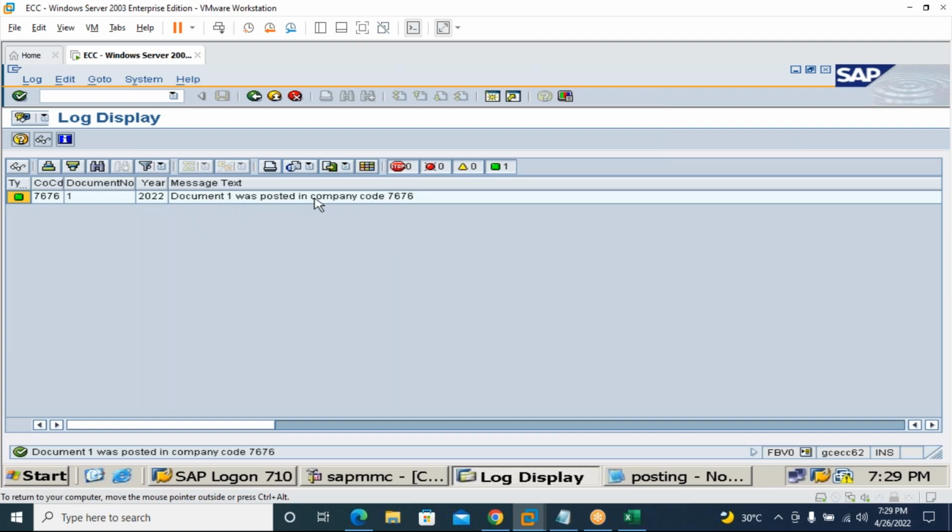Yes. So document 1 was posted in the company code 7676. And notice this, what is the tray color? What is the type of this message? So you have some information. That information says that this is your posted company. So now you come back. This is the log it has created for document 1 when you posted your parked document into a normal one. Again you come back,